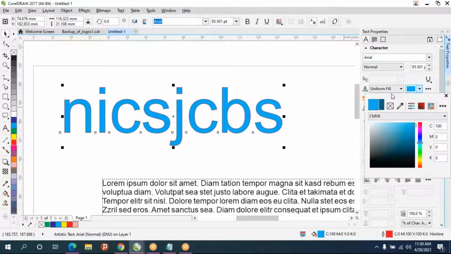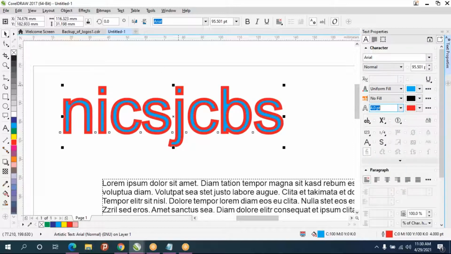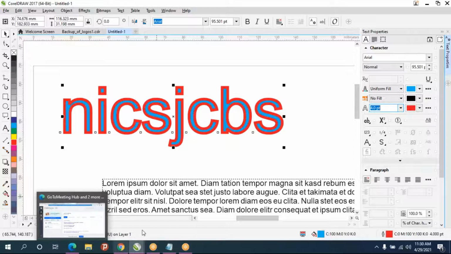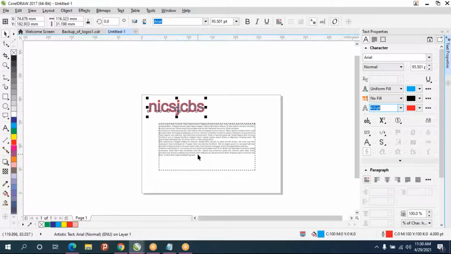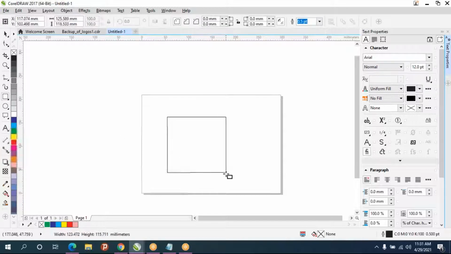So this is the text color, uniform fill, and this is the text outline color, or you can increase the stroke size. Okay. So that was the text tool and the table tool.